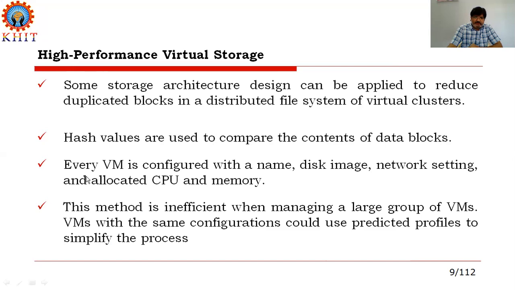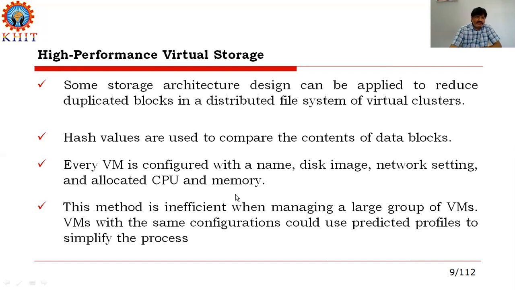So here, every virtual machine is configured with some features and properties. The virtual machine has a name, and the virtual machine has a predefined disk image. And each and every virtual machine has well-connected network and secure settings, and also CPU and memory. So every virtual machine is well configured with different properties like the name of the virtual machine and the actual image of the disk of the virtual machine. So what the network setting is, and what the memory and CPU allocation is for each and every